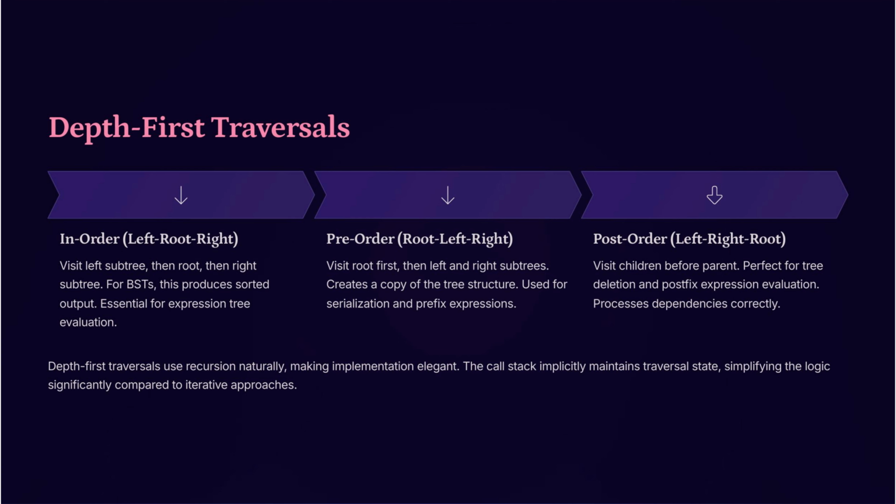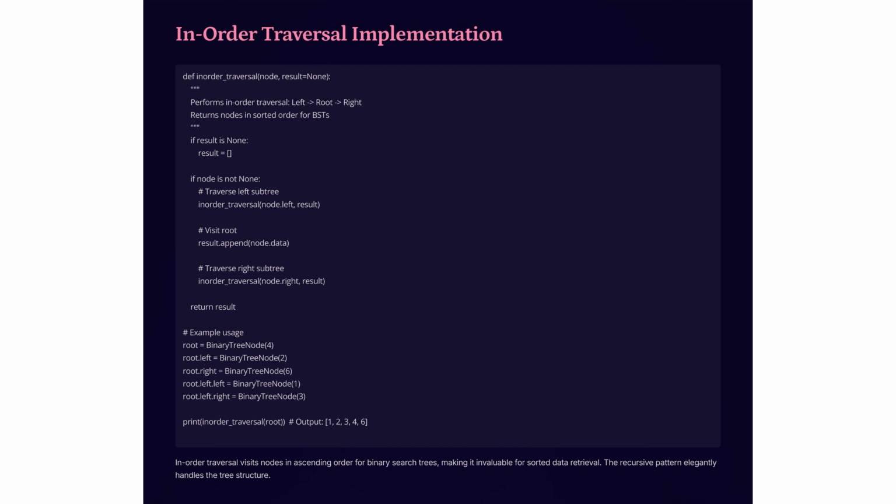Recursion simplifies these traversals. In-order traversal, defined as left, root, right, is crucial for retrieving sorted data from binary search trees. The recursive approach efficiently navigates the tree, visiting the left subtree, then the root, and finally the right subtree. This method ensures nodes are processed in ascending order, exemplified by the output 1, 2, 3, 4, 6 for the